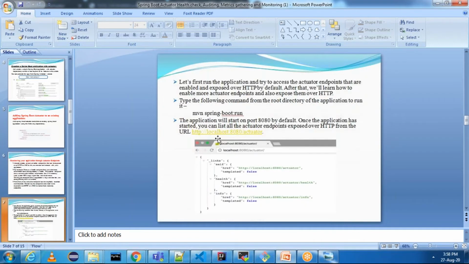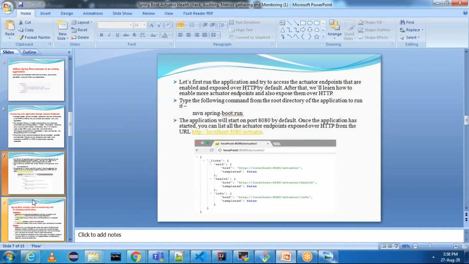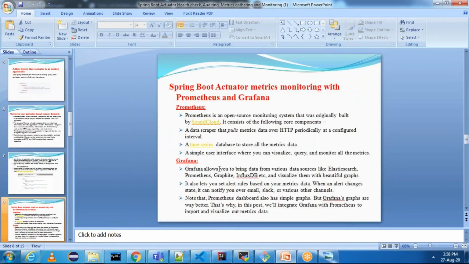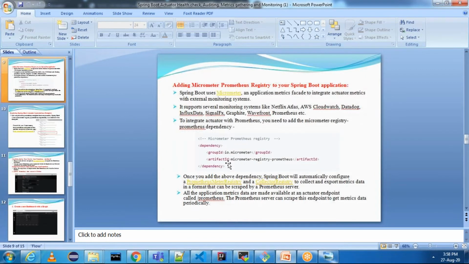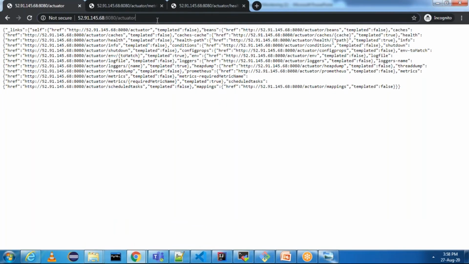And next, we want to see the Prometheus endpoint as well. For that, we just need to add a dependency called micrometer-registry-prometheus. We need to add the micrometer Prometheus registry to our application. This will pull the data and push it to an endpoint called /prometheus. If you go here to actuator, you will have an endpoint called prometheus as well.